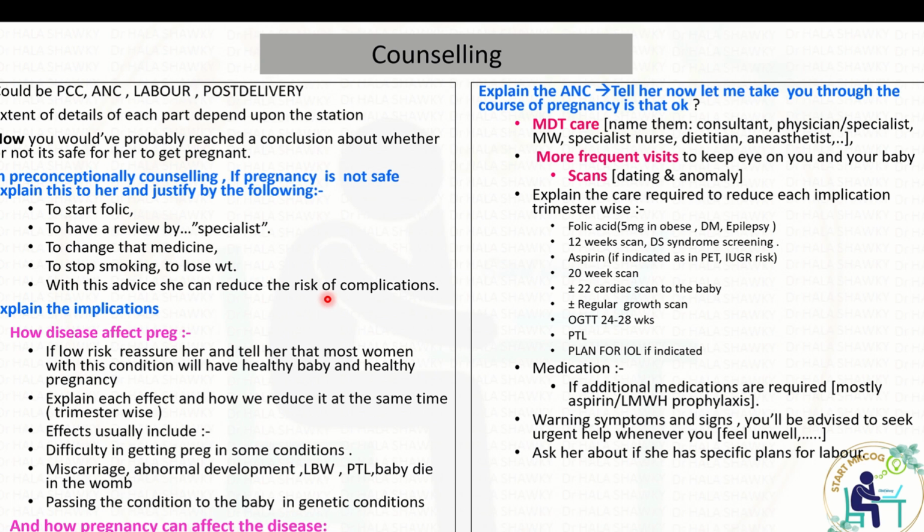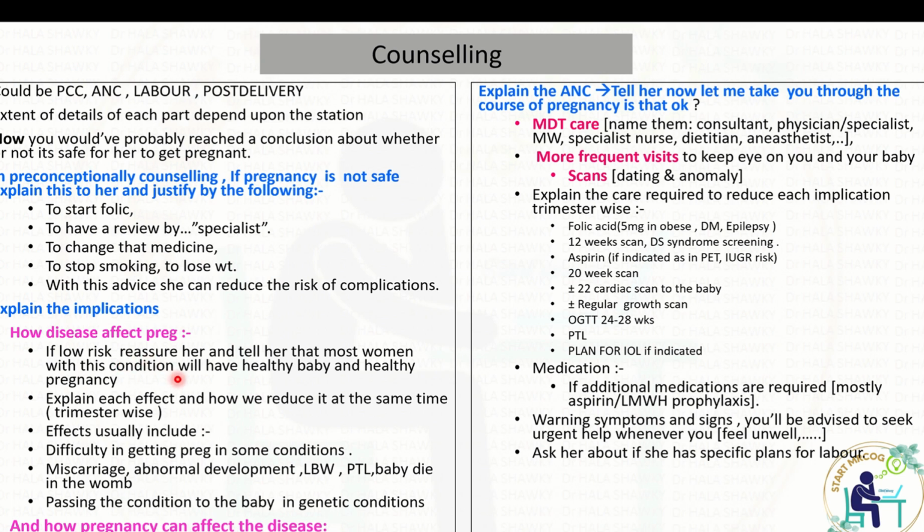Then, implications. You have to explain the implications of the pregnancy, whether preconceptional or antenatal. The patient needs to know the implications of the condition on her pregnancy and vice versa. So how does the disease affect pregnancy? Usually the patient could be a low risk patient, so reassurance is a must. It will be in the communication with the patient, with the lay examiner, and also with the clinical examiner. So usually the words "I can reassure you"